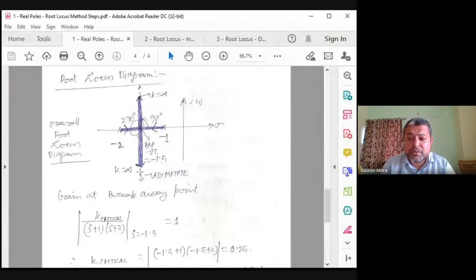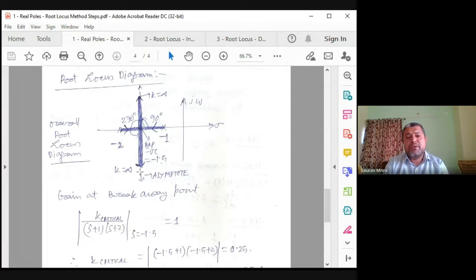The 7th point in this case is not required, which is finding the angle of arrival and angle of departure. As there is no imaginary pole or imaginary zero, we need not find the angle of arrival and angle of departure. We will not be discussing it for the coming 1 or 2 days of lecture, because we will be doing numericals only with real poles and real zeros. So angle of arrival, angle of departure, we will see next week, maybe till Thursday, while we are doing difficult numericals. But yes, in exams we ask numericals with angle of arrival and angle of departure. So we ask slightly difficult numericals in exams. Don't worry about that, it is not a difficult part. We will understand it perfectly.